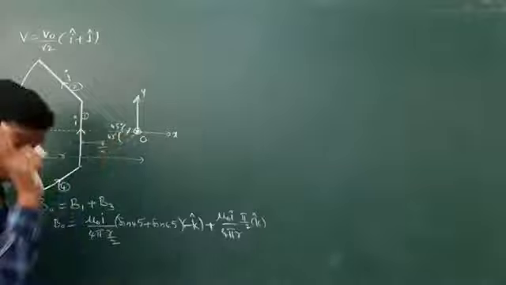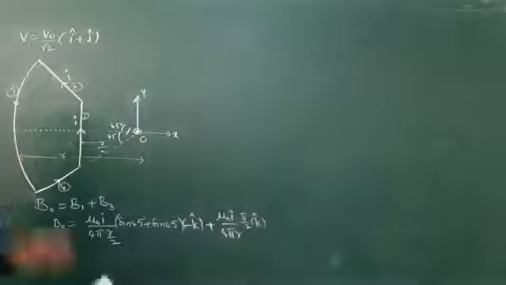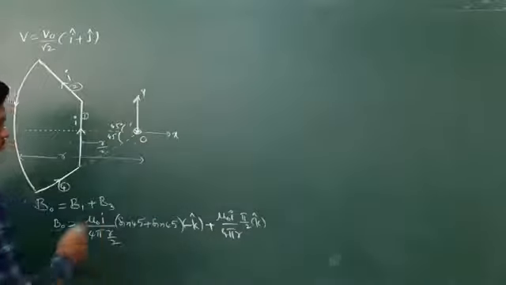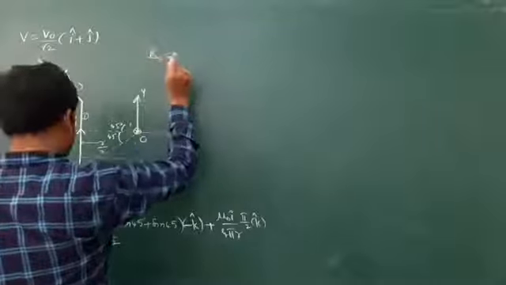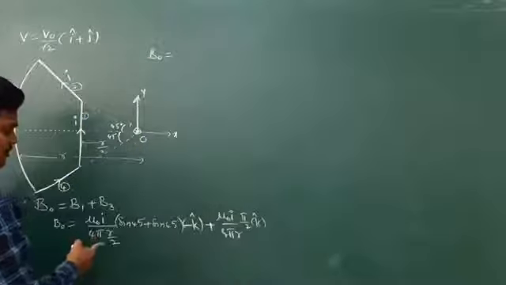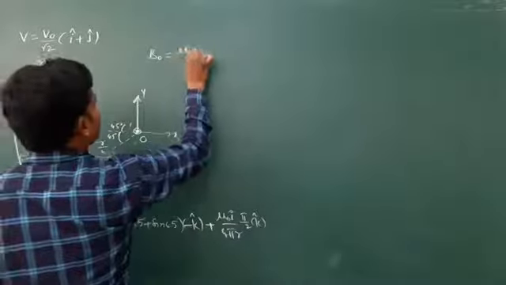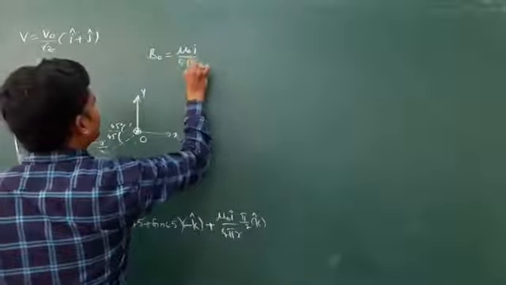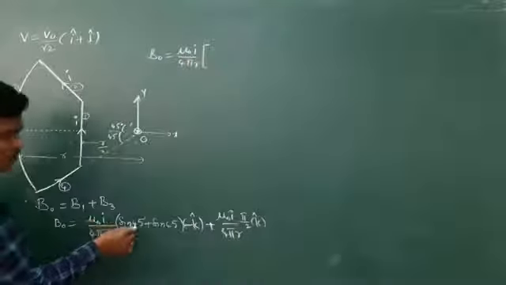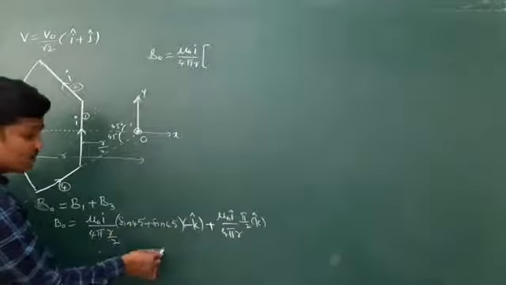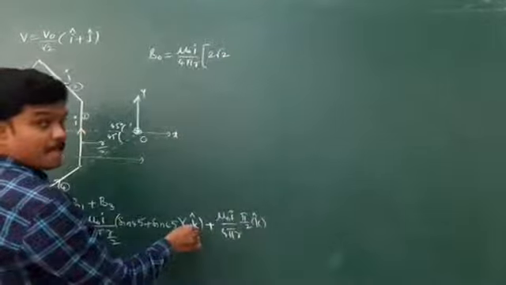So far we covered force. Now field. Okay, there is a mixed question here, force and field. Now I got this B0, which is equivalent to mu naught I by 4 pi r outside. Here 2 is there. 2 will come to the top. 1 by root 2, 1 by root 2. 2 by root 2 is nothing but root 2. So 2 root 2 minus k cap.